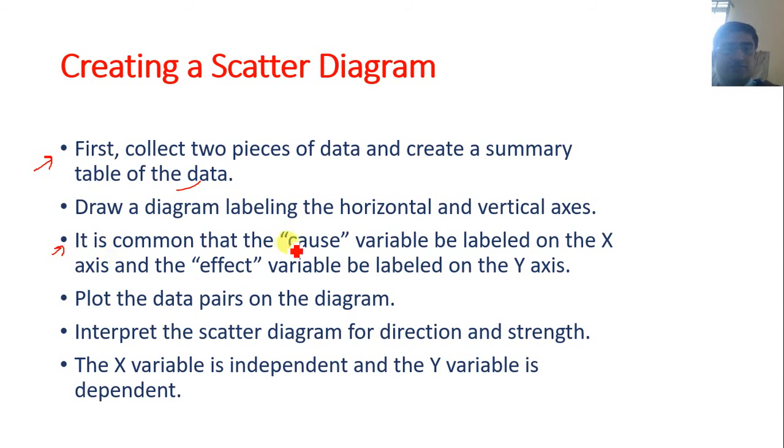And also it is common that the cause variable is labeled on the x-axis, and the effect variable is labeled on the y-axis, and also plot the data pairs on the diagram, and interpret the scatter diagram for direction and strength. The x variable is independent and the y variable is dependent on the x according to